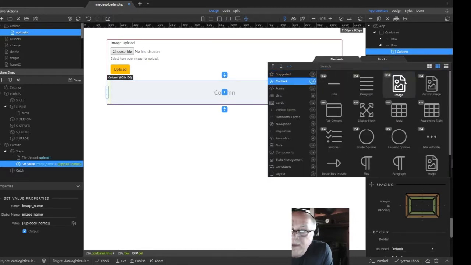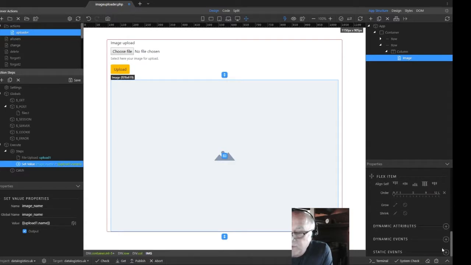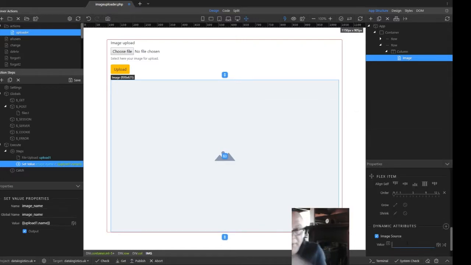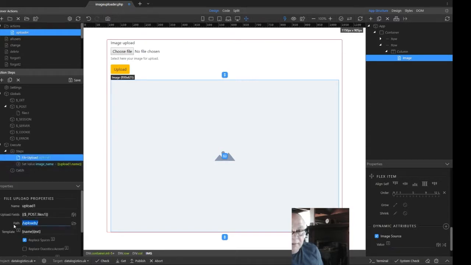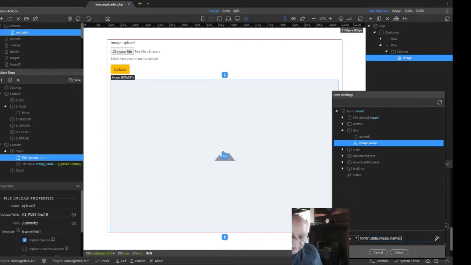I'm going to drop an image into there, and I'm going to give that image a dynamic attribute, and that image is going to be, remember we used the directory uploads, so our image source should be our image name prefixed by uploads. I could do this with a data picker, but I'll just do it quickly this way. So we've got uploads,